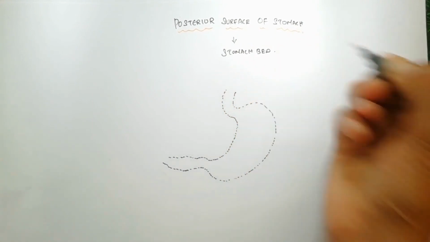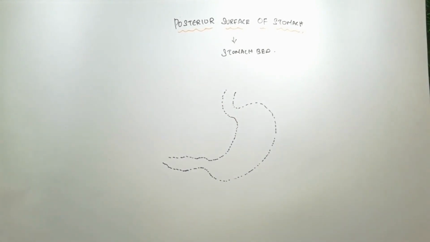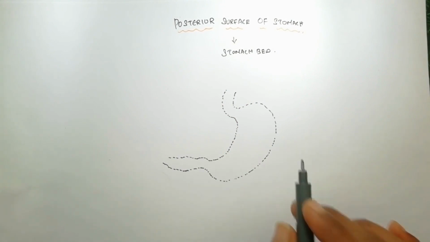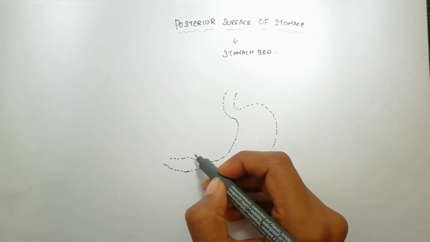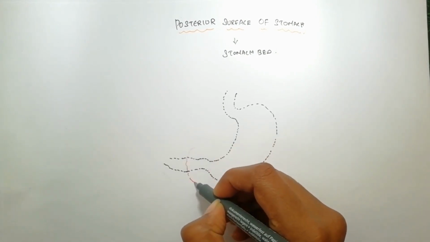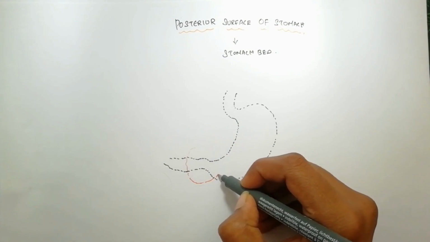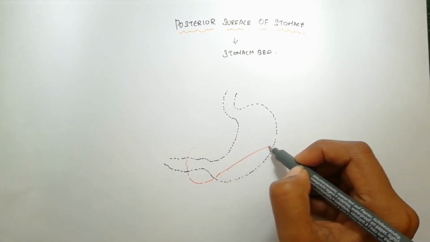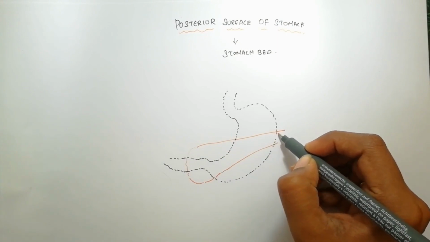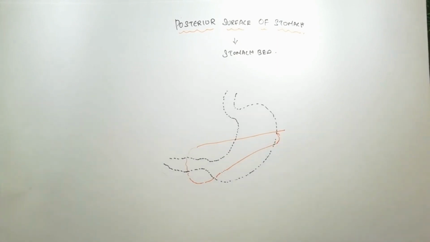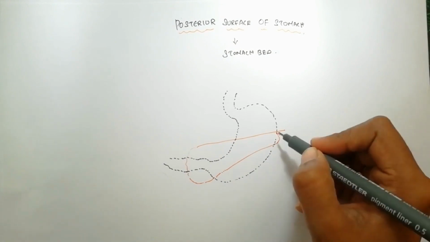So otherwise it is considered as stomach bed. Now this stomach bed is going to carry many organs in detail. So those organs are, first we have got in between area which is having pancreas in it. So here we have got our body of pancreas related. So in this part we have got our pancreas related over here, and then this is the body of the pancreas, and